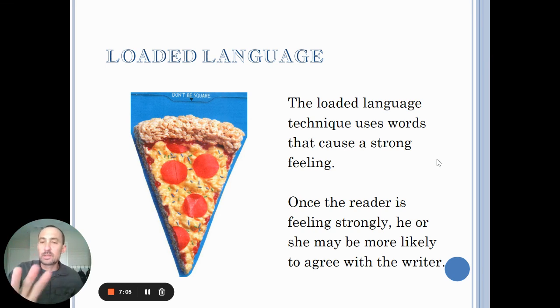Okay. So this little example, it says, don't be square, right? The idea of you want to be included, you want to be accepted. So don't be square, don't be an outcast. And it's showing you what looks like a piece of pizza, but if you look carefully, it's actually a piece of dessert. And so once the reader is feeling strongly connected, he or she will make an agreement with that. Like, oh yeah, I don't want to be square. I want to be incorporated. I want to be a part of this. So I'm going to stay